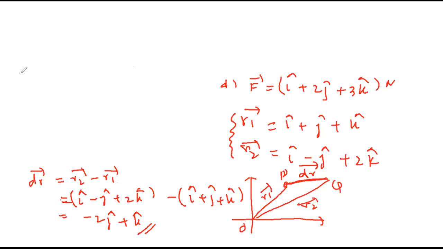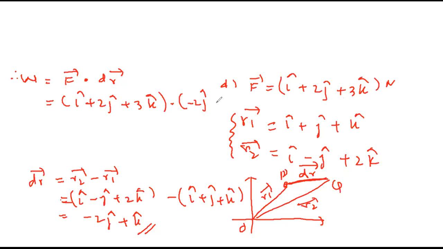For everybody I'm telling: what is the work done formula now? F bar dot dr bar, because all of this is in I cap, J cap. Someone may ask, sir, this is constant, why not integration? There is no variable here. I just tells the direction, the x direction, y direction. So this is not a variable, it is a constant, not in one line but in space. F bar is I cap plus 2j cap plus 3k cap, dot with minus 2j cap plus